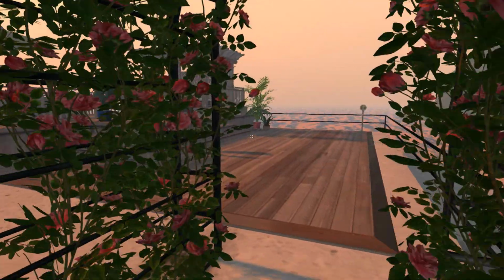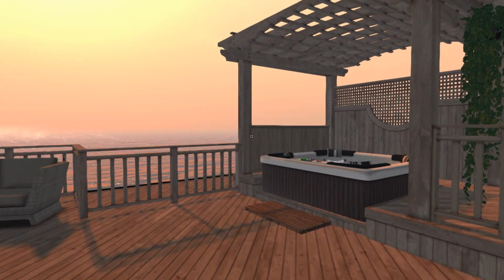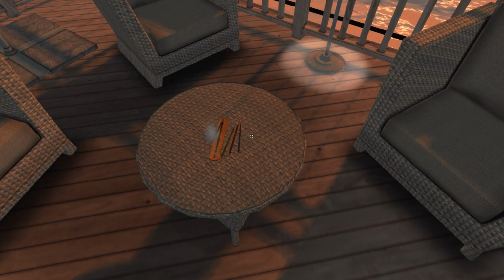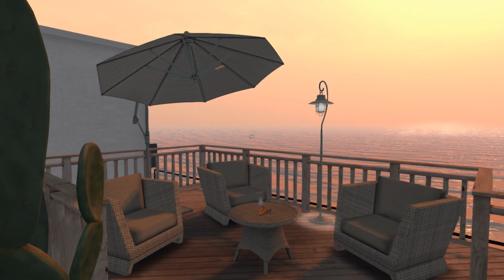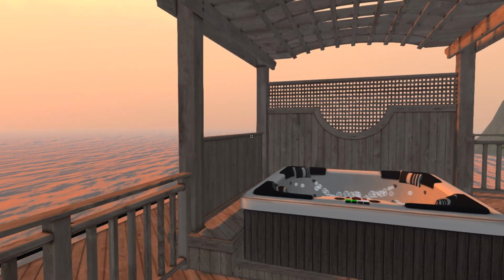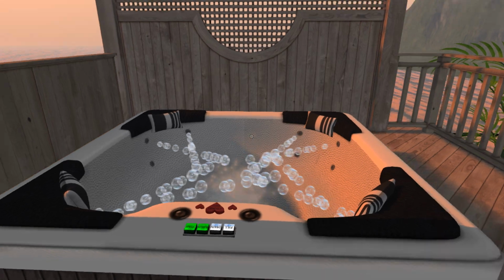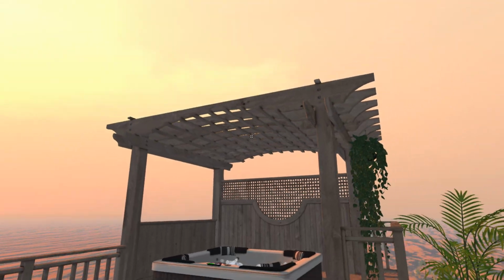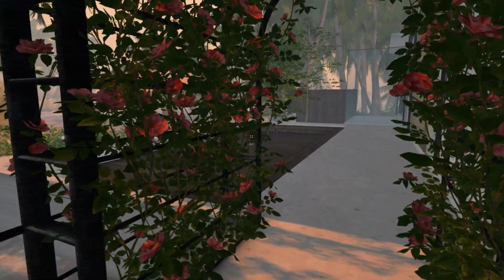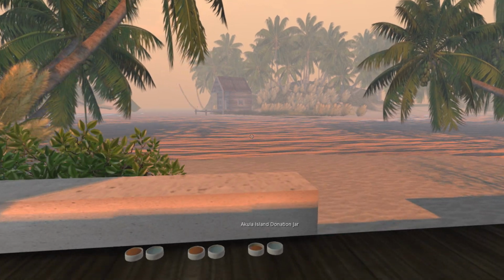Nice little rose arch here. And we got a nice jacuzzi back here, actually. And it's bubbling around, as we can see. As we see this mini island over to the left of us, once we get over there, as I was saying before,